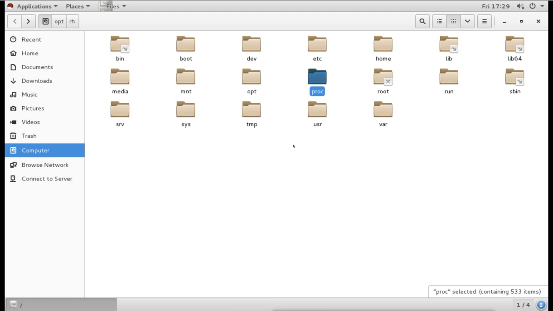That means all the running processes, whatever process is running in the system, its file is here in this directory. Remember, I told you that this is a file-based operating system. That means any process we execute or run will be executed as a file, and that file will come here.